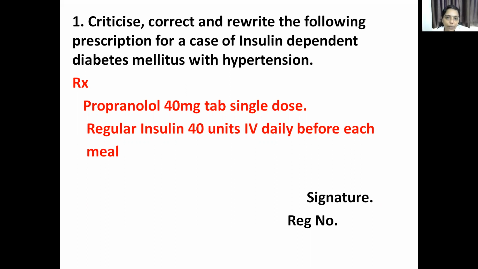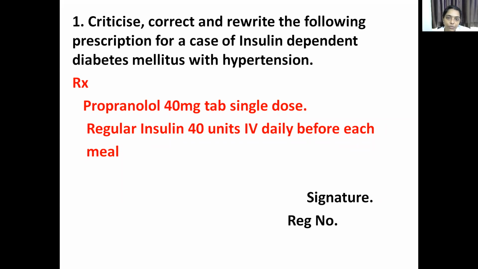Now what happens when a person is taking a non-selective beta blocker like propranolol for hypertension? He is a diabetic patient and hypertensive, so he is taking propranolol. We know that it is a non-selective beta blocker which blocks both beta 1 and beta 2 receptors. So whatever adrenaline is released in the body cannot produce symptoms like palpitation, tachycardia, sweating and tremors. You will not know that a hypoglycemic situation is occurring, and you won't take any measures like consuming glucose or eating a chocolate. Then there is a very high risk for the person.